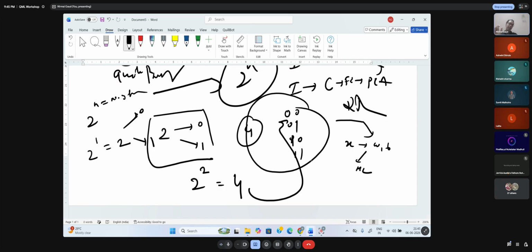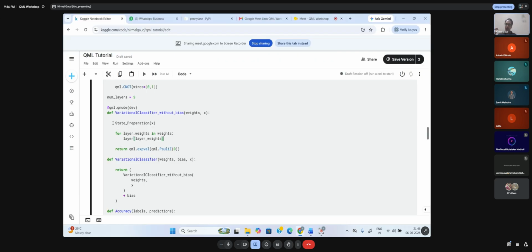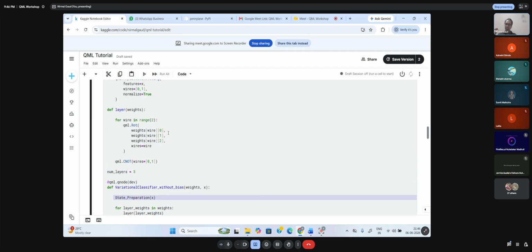All right. And once in a superposition, it can have multiple states. So once we give 0 and 1 and do the transformation in the variational circuit, now we are allowing multiple states to hold or to exist. That is what it is saying in state preparation. So take input, convert it into multiple states by circuit, and assign parameters to them. That is what it means. You can clearly see state preparation.